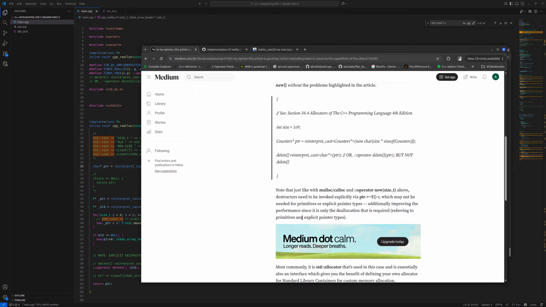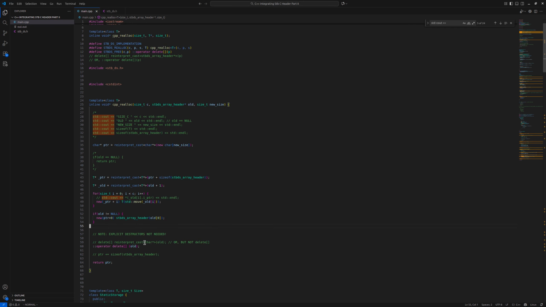But the only sort of bottleneck of this, or handicap, is that you will need to call your destructors explicitly upon your, or before your delete, because this delete will just clean up the buffer. It won't clean up the elements of it, because if you are not using primitive classes or primitive types, you will need to explicitly invoke your destructors in order to clean up